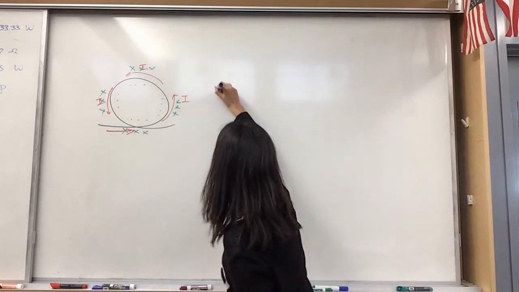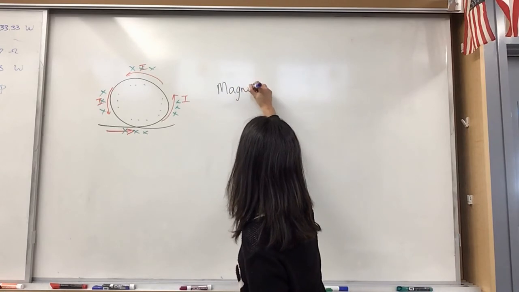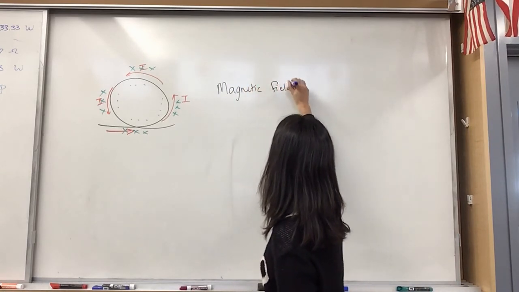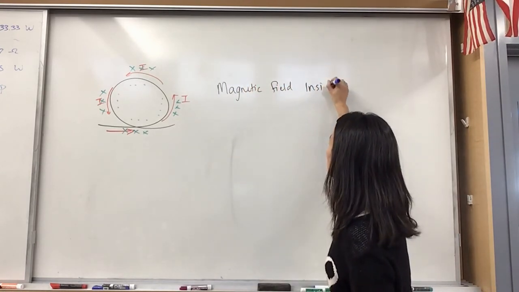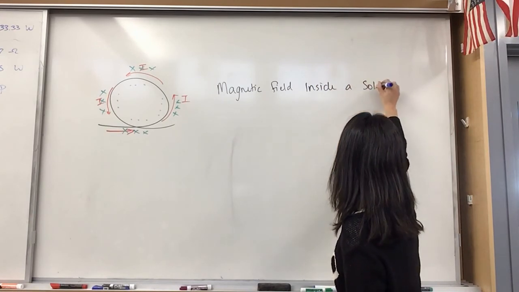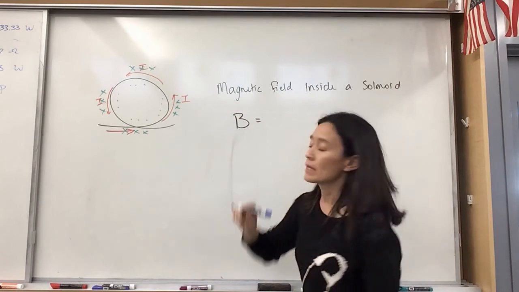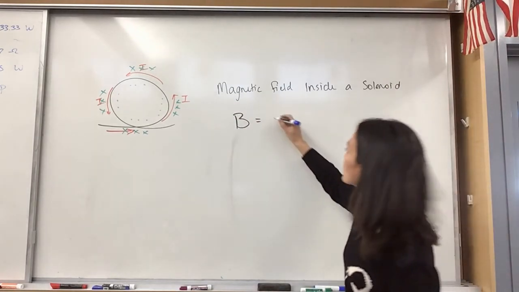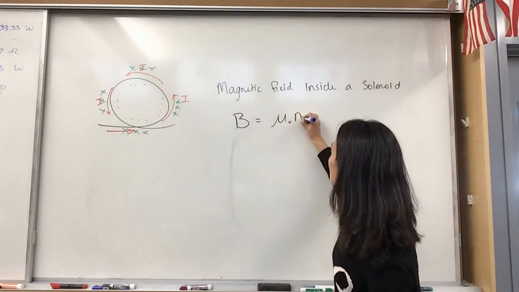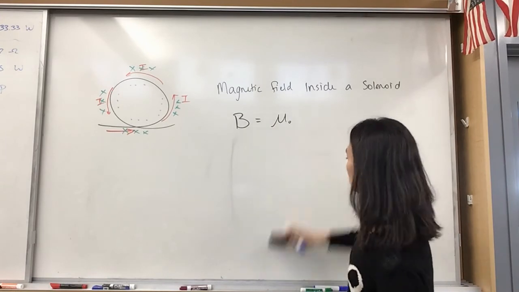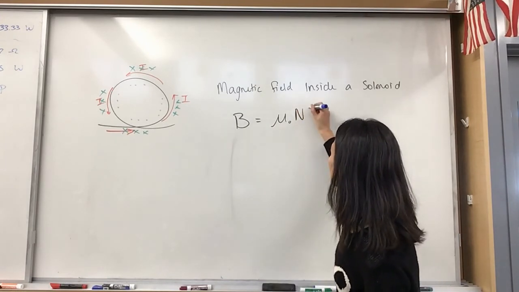So the magnetic field inside the solenoid can be represented as B equals mu naught, I think it's a capital N, mu naught N